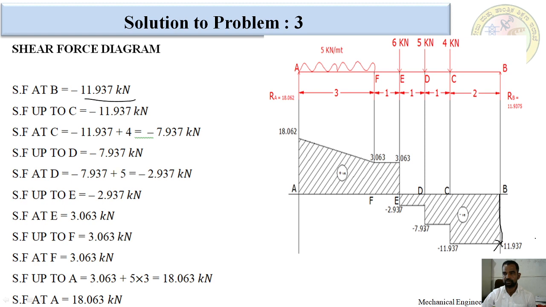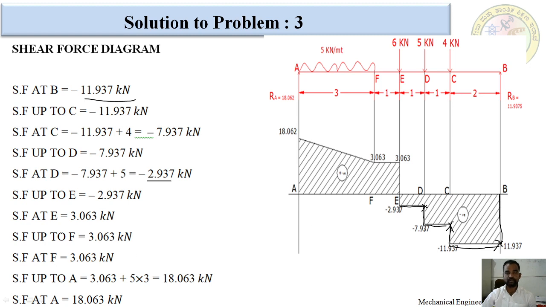After that, there is no load between these 2 points. We will have same load up to here. Right. After that, at C point we are having negative only. Negative means less than 11. For that reason I am going to mark here and join with this line. There is no load between these 2 points, we will have same load up to D point. After that, at D point we are having negative 2 point. This is less than the 7. That's why I am going to mark here and join with the vertical line. There is no load between these 2 points. We will draw with the horizontal line.